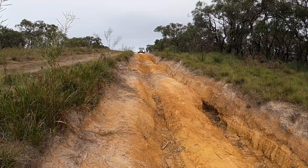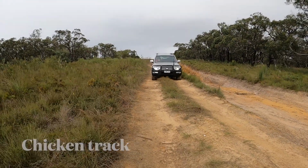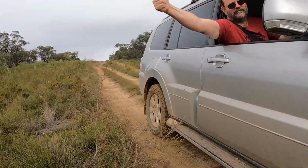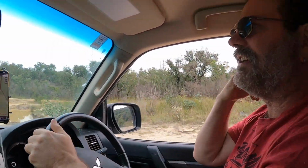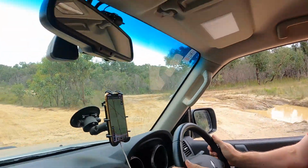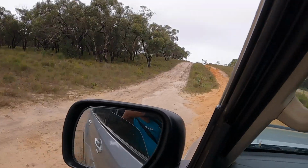Time for the chicken track. Chicken track, and proud of it. Of these two tracks, I reckon we can do the one in the centre. We haven't been to the left yet, remember? No, we came down there. Yeah, I know, but what I'm saying is in the